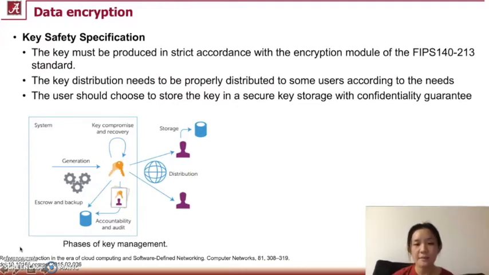Firstly, the key must be produced strictly in accordance with the encryption module of the FIPS 142.13 standard, because the key strength of this standard is sufficient to ensure that the key cannot be cracked by external people. And for storage key, the users must store it